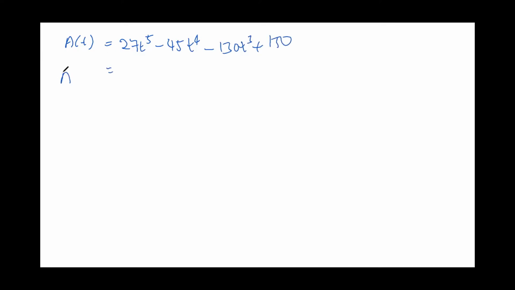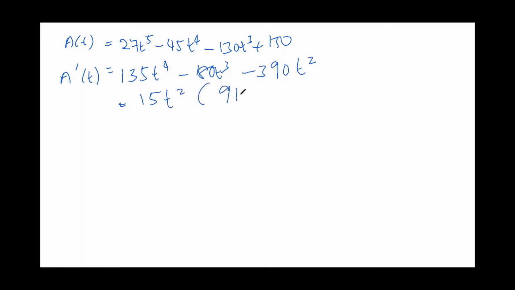So A prime t is equals to, okay, apa benda saya tulis ni, faham je lah ni. A prime t is equals to 135t to the power of 4 minus 180t to the power of 3 minus 390t to the power of 2. So equals to 15t squared, 9t squared minus 12t minus 26. Okay, so the point where the function is not changing is at